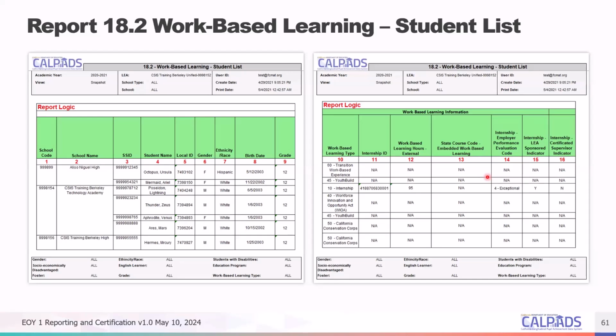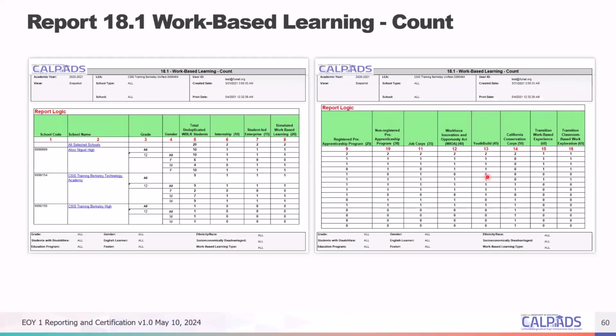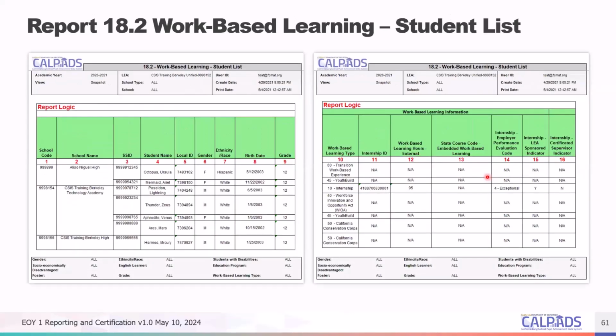All right, so those reports will be used for the dashboard and for data aggregation. And so the dashboard will, if you claim based on the CTE completer report or work-based learning, the student might appear as prepared for college courses or prepared for careers in the employment industry based on the information that you provide us.